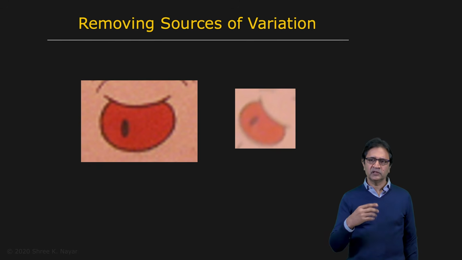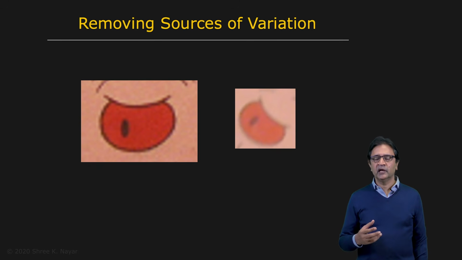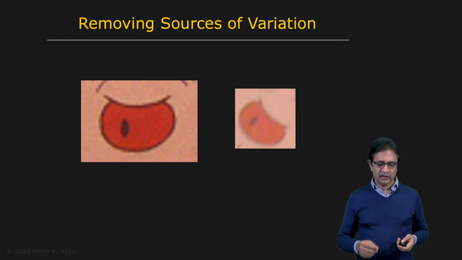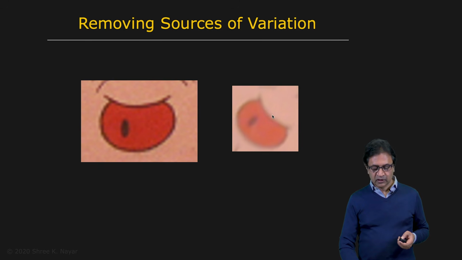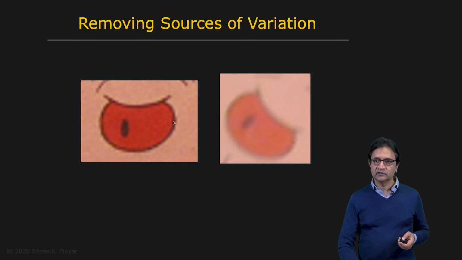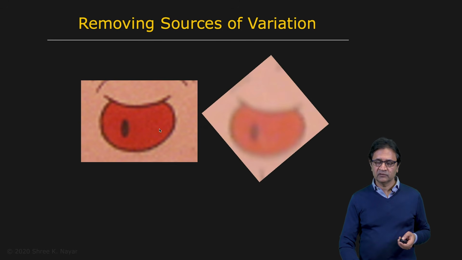So any interest point detector that we want to develop should be able to compensate for or remove these variations. Only then can it match a feature in one image to a feature in another image. And so if you consider this patch that we were looking at earlier, you see the differences right here. We want to be able to somehow normalize or compensate for scale differences. Rescale one so it matches the scale of the other. We want to be able to reorient one so it matches the orientation of the other. And we also want it to be more or less insensitive to brightness and lighting changes as well.